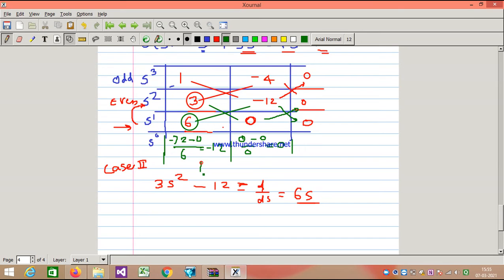See, now observe the first column. What is the first column? 1 positive, 3 positive, this is positive, this is positive, this is positive, but -12 is negative. That's why the system is called an unstable system. This is called an unstable system, right? Okay, let's move on to the next numerical.